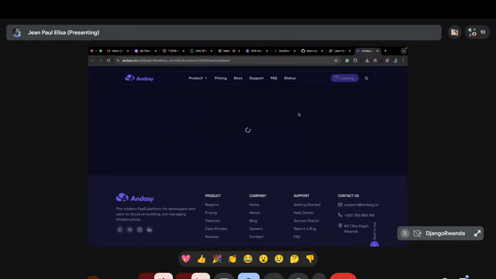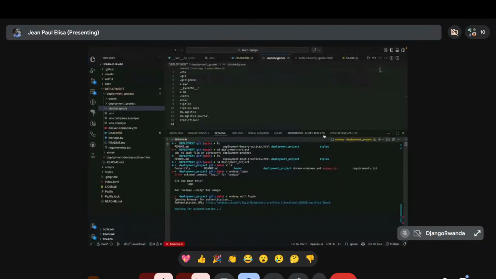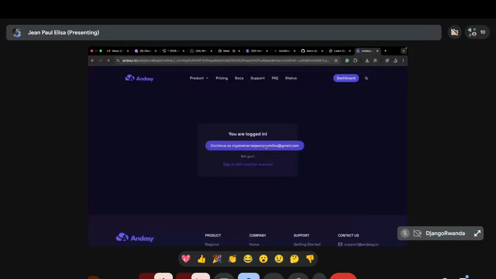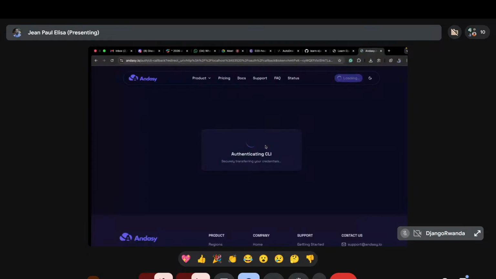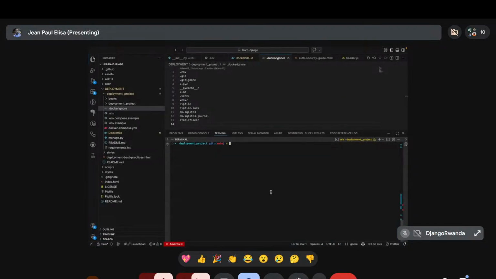It is really an easier platform to deploy on when you like to use a terminal a lot. You only have to do two commands. Like this one, you see, I just logged in by writing undersea off-logging, and then I'm good to access the platform on my terminal. As you can see now, I'm authenticated. Now what I can do